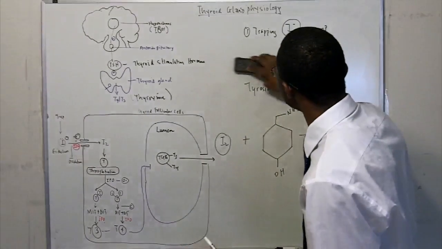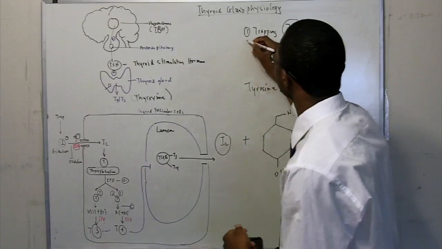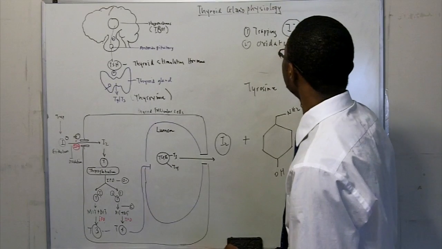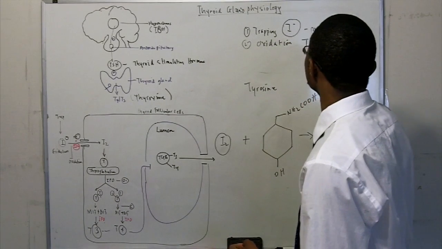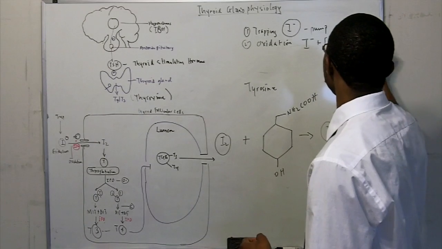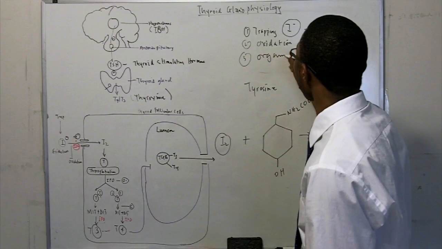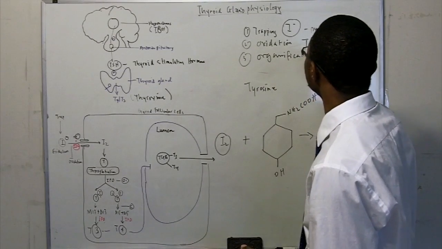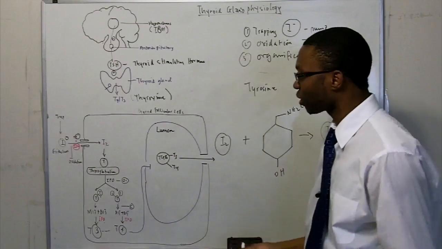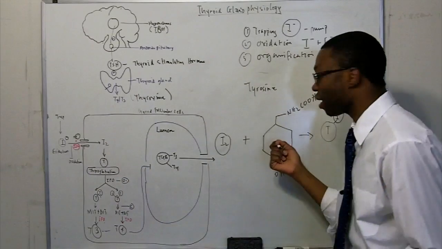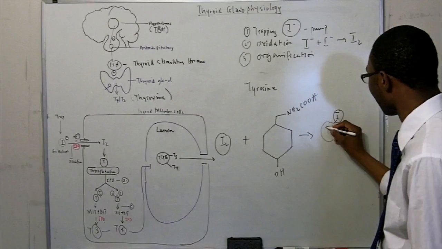So let's keep the steps straight. We pumped in by trapping. The second step was the oxidation reaction. We got two I minuses, right? To get an I2, right? And now we're going to do organification, which is a fancy word for taking the iodine and adding the tyrosine amino acid to form